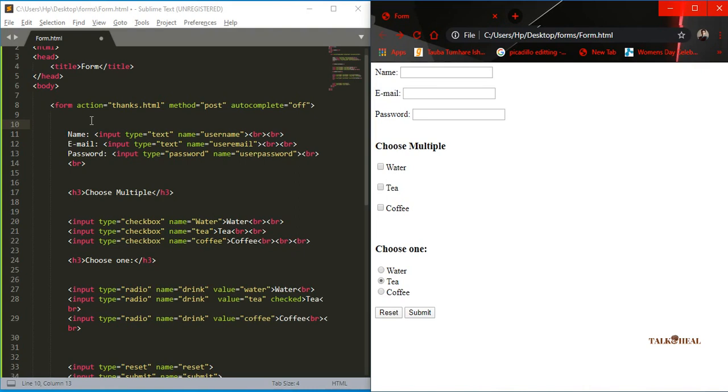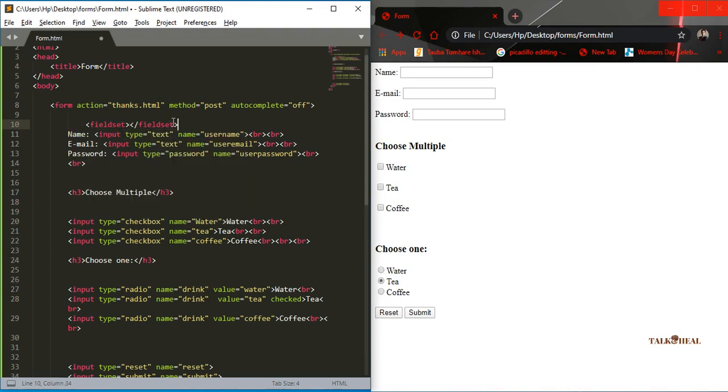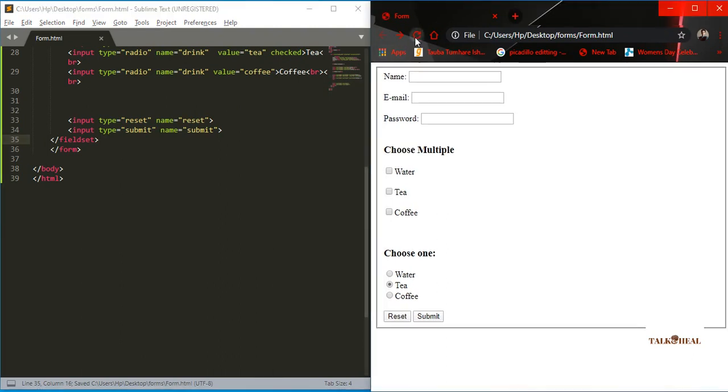For that, I want to add a field set in my form. I add a field set over here right below the form. I'm going to copy the closing tag from here and close it right above the closing form tag. As you can see, I've already closed it here. I'm going to press Ctrl S, and you can see it has created a border around our form. So this is how you can create sections in your forms